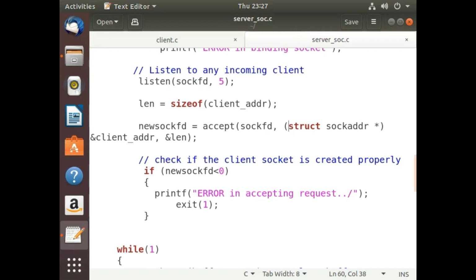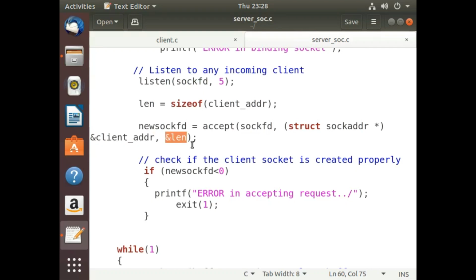For that reason, we created a structure variable client_addr, similar to what we had as serv_addr. So all the information of that client will be stored in this structure, and the third parameter is the size of that structure variable. I mean the client_addr structure variable.